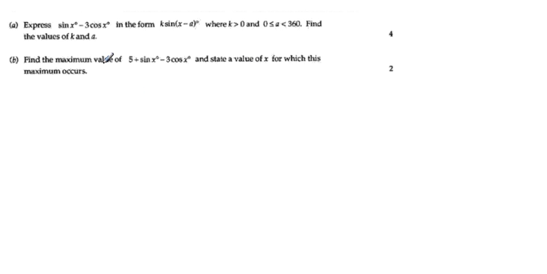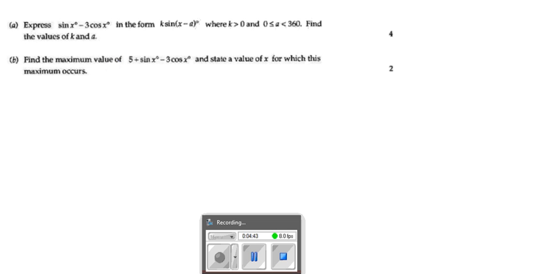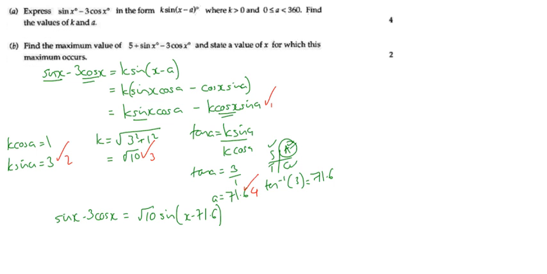Okay, so this is a different one, a 2-part question. First one is using the wave function to turn it in, and the second one is talking about maximum and minimum value. So I'm just going to do the wave function in just a second, and you can have a wee pause and look at it, and then I'll go into part B and explain that fully. Okay, so if you want to pause and have a wee look at that, make sure we're okay. That's just your sine rule for this question. Okay, now looking at part B,